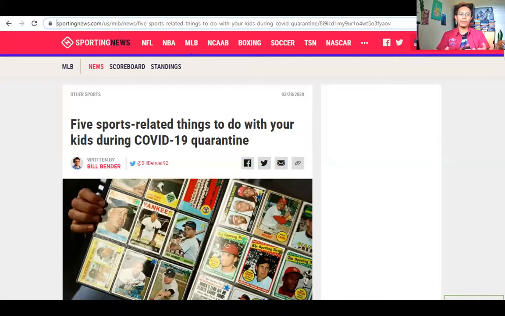First of all, you get the main idea already, that there are activities that we can do during the quarantine that look like sport. Okay, and you have the supporting ideas, the five types of sport that the writer here, Bill Bender, offers. Now, what is the basic assumption of this? If I may read it, the basic assumption of this is that